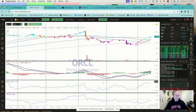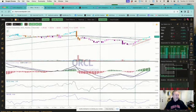As far as the indicators are concerned, rate of change, which is on the third pane over here, somewhat started to roll over here. It is only rolling over because the stock is slowing down from the torrential run that it's been on since the end of October. So the stock is really moving, charging higher, and you can see the inflection in the rate of change from the end of October all the way up to the middle of the month here right now. So it is rolling over a little bit right now, and I'm not too worried about this rate of change